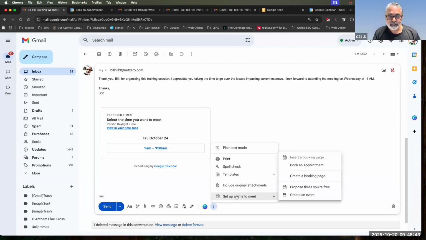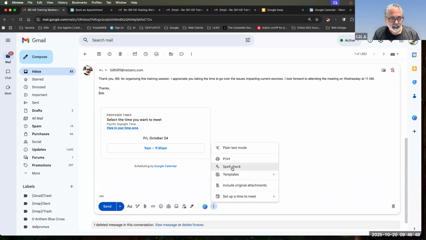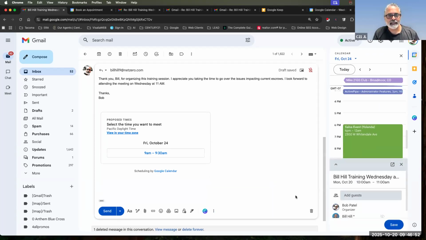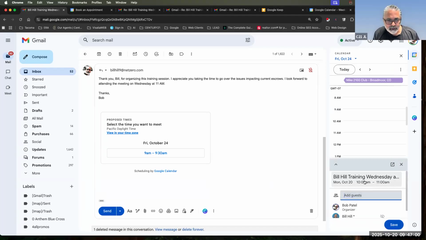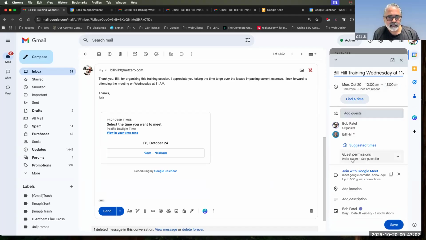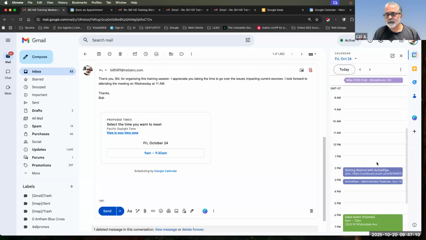It's actually really cool. It's like, wow, I can create templates. I could, of course, spell check, but now I can propose, or I can even create an event to say, okay, what's the event, and add whoever I want to add. And it's going to be event here, join on Meet, location, time. It's basically like a Google Calendar, but I like the option where you can propose a schedule, or you just insert